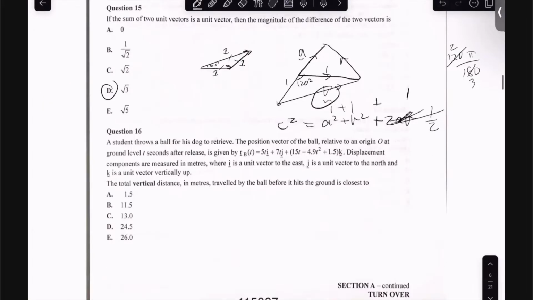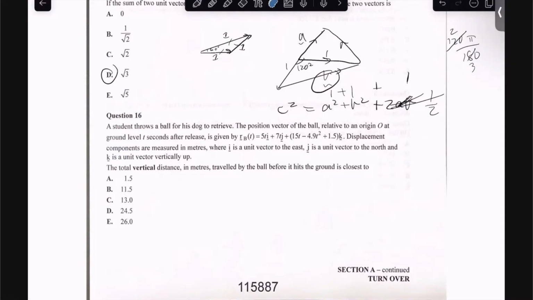The student throws a ball for his dog to retrieve. The position vector of the ball relative to an origin O at ground level t seconds after release is given by that. Displacement components are measured in meters, where i is a unit vector to the east, whatever. K is vector vertical up. So K is vertical up, and I want the total vertical distance traveled by the ball before it hits the ground. So,